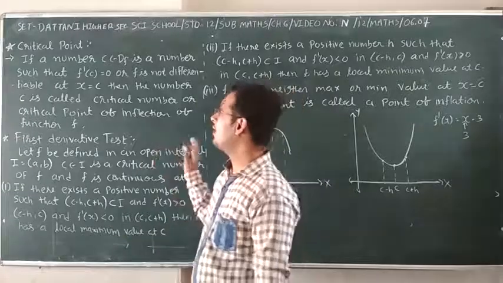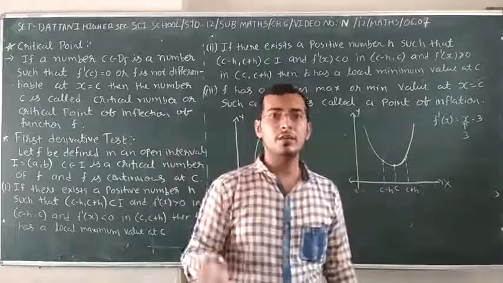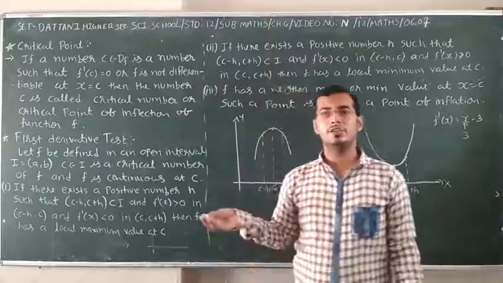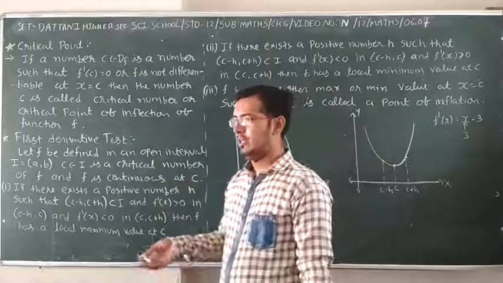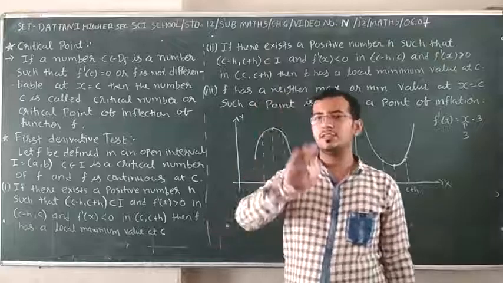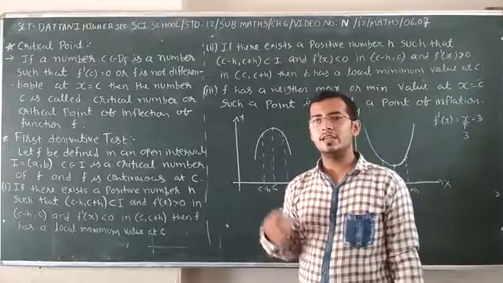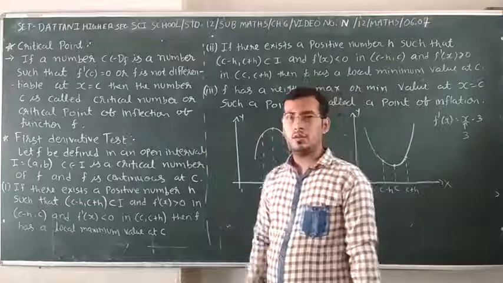Okay, so how to find the critical point? A function can have more than one critical point. Like you get 0, 1, or 2 critical points. It depends on the function. After you take the derivative, whichever answer you get, then we decide the critical points, the number of critical points.